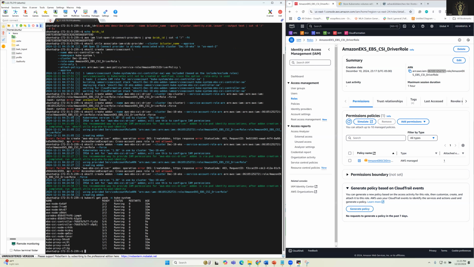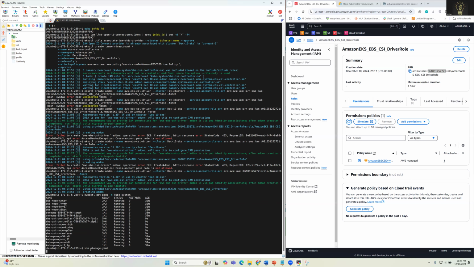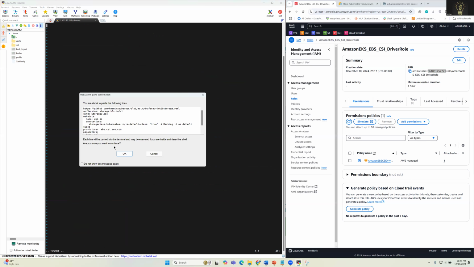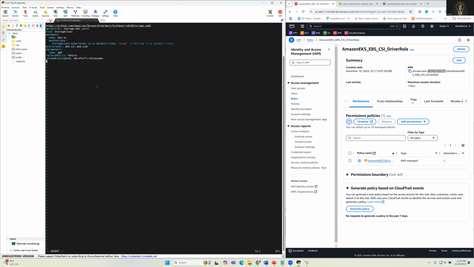So now we create a file called storage. We can do vim storage.yml. So here, let me copy this code and insert and paste. So here what this will do is